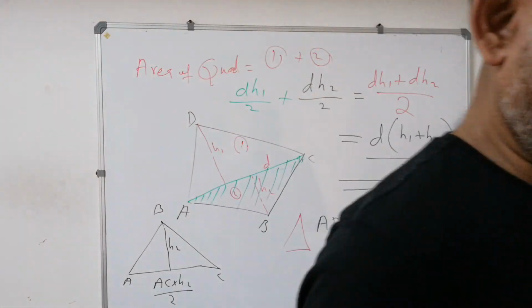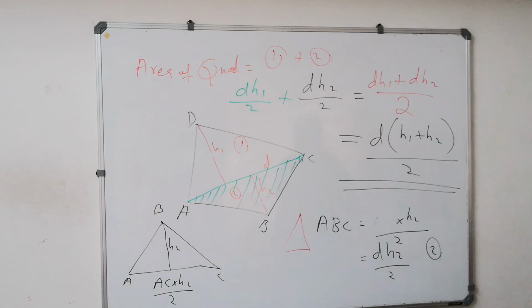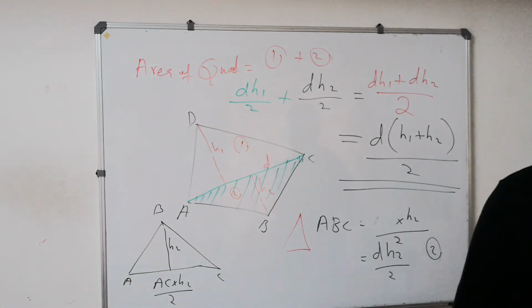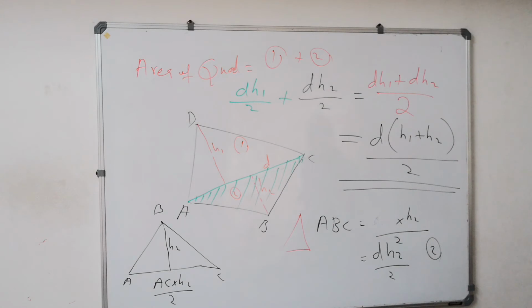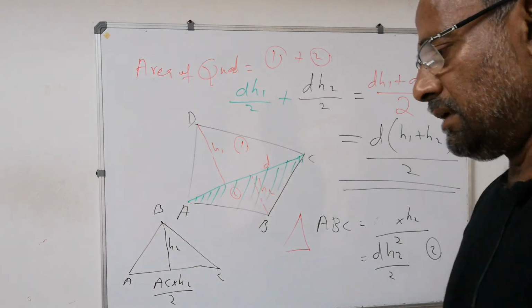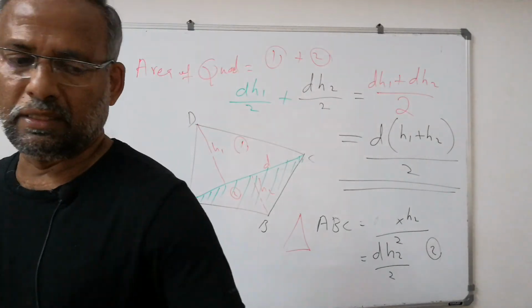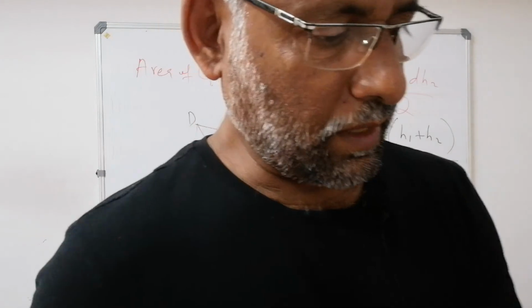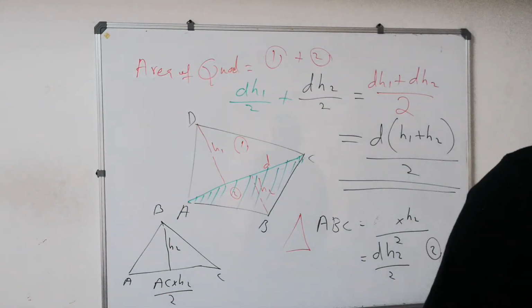All of you please do this one. Write the formula: D into H1 plus H2 by 2, where D denotes the length of the diagonal AC, and H1 and H2 are the perpendicular distances from the vertices, the altitudes of those triangles. So understand this one. It is the only little bit difficult formula in this chapter. After that, please do